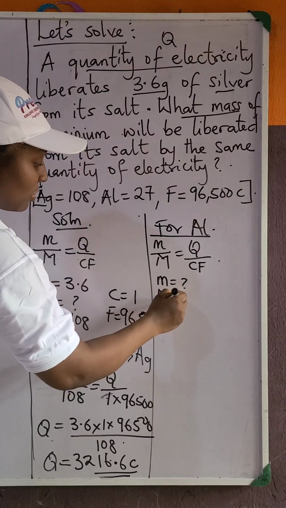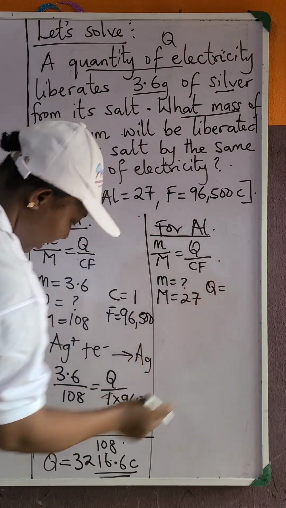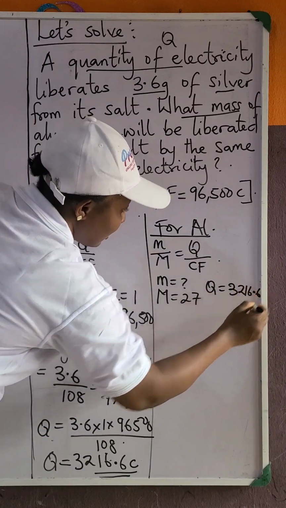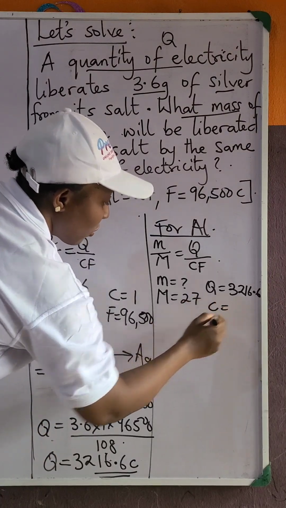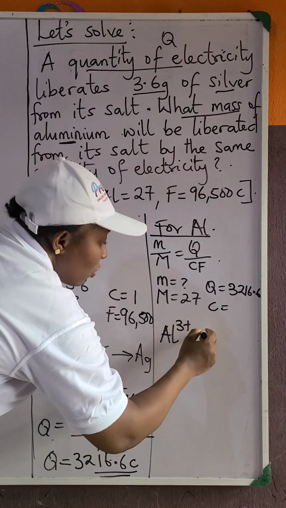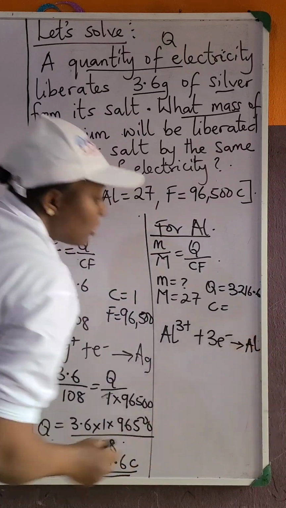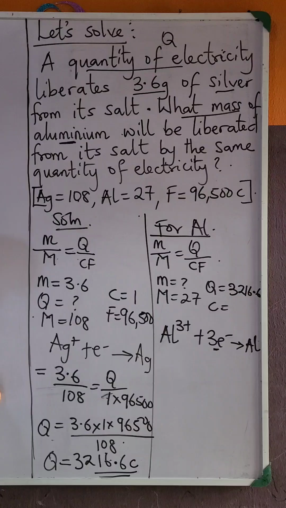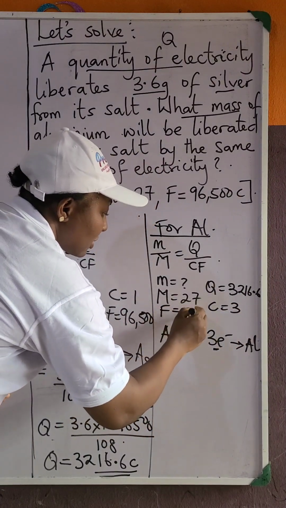The molar mass of aluminium is 27. Q is gotten already as 3,216.6. Then C for aluminium. I will write my aluminium ion gains 3 electrons to form aluminium metal. So for aluminium, 3 electrons must be gained. So C for aluminium is 3, and F remains a constant,